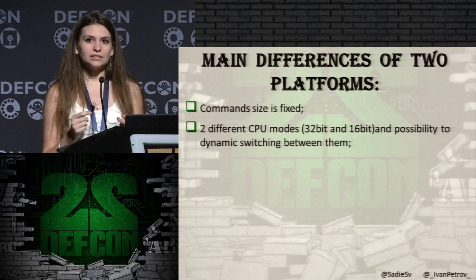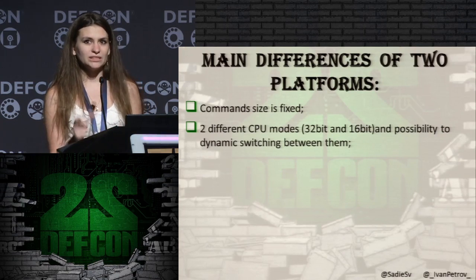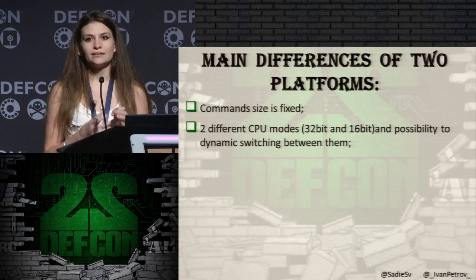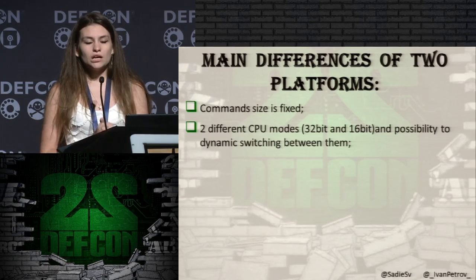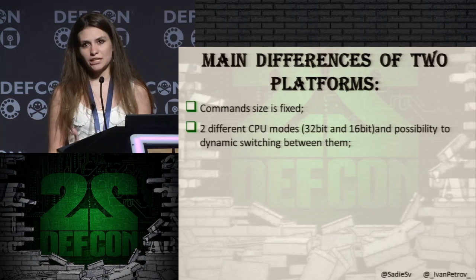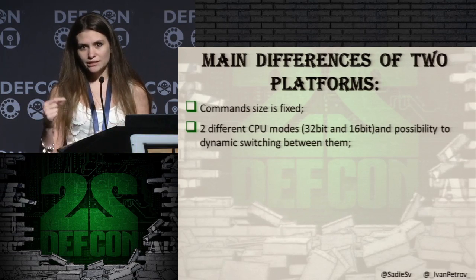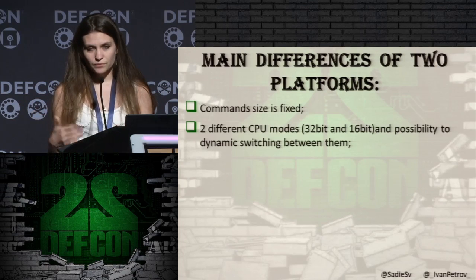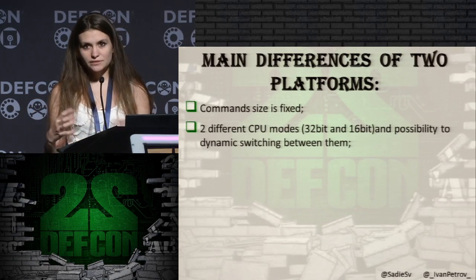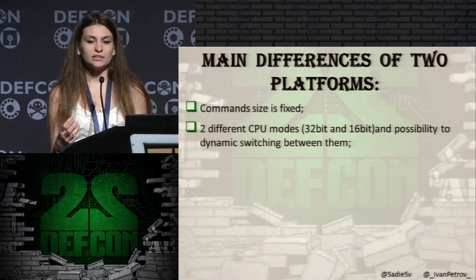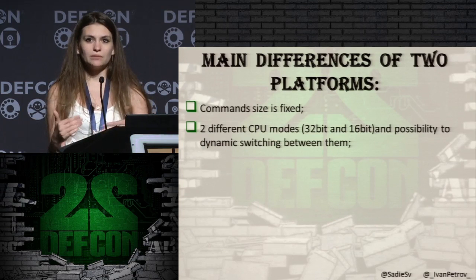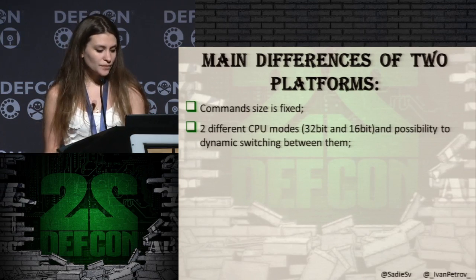So there is a possibility to switch between them dynamically. In the shellcodes that we have already analyzed for the ARM platform, we have already seen this obfuscation. For example, you try to disassemble your shellcode, your piece of data, in ARM mode, and you have some signature on it. You try to detect those signatures. If you switch to another CPU mode dynamically, you will break your signature. So it's like a simple obfuscation technique.